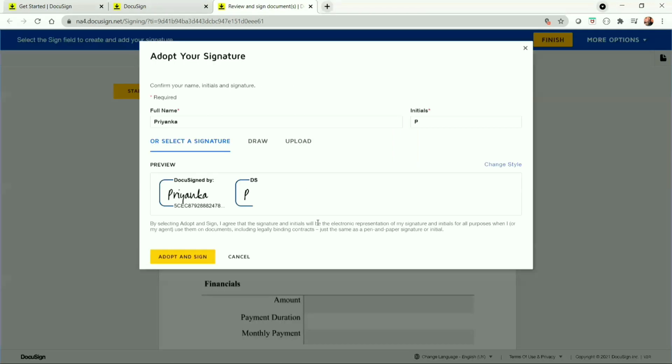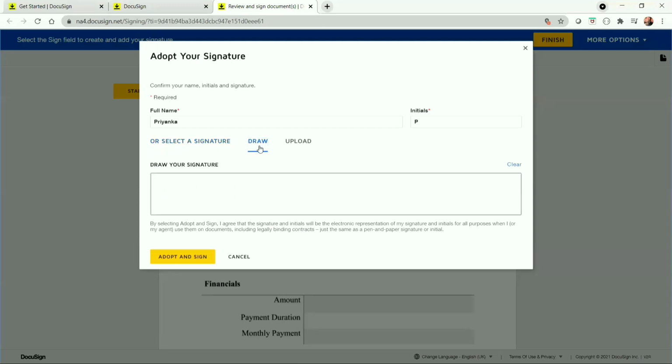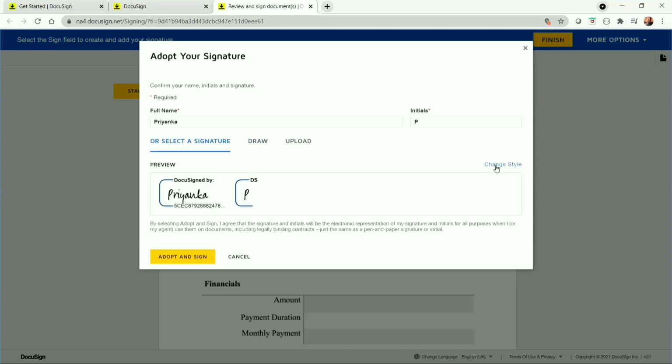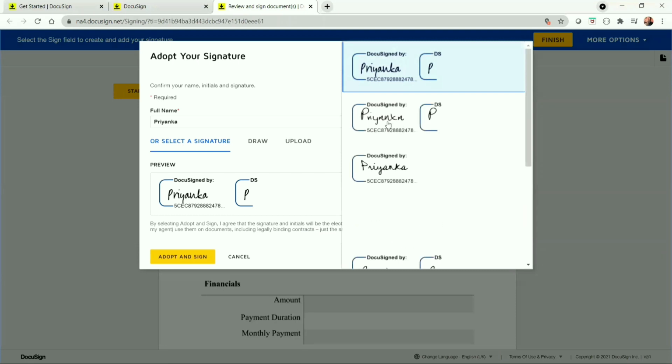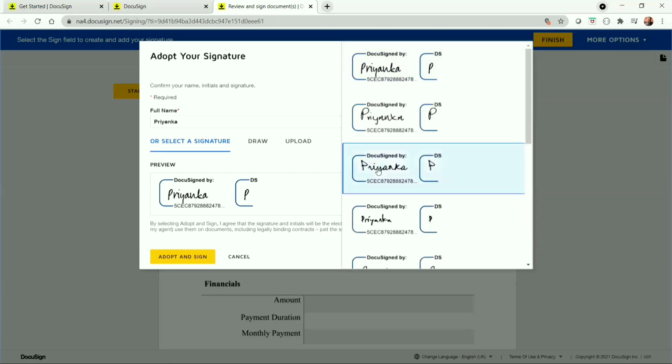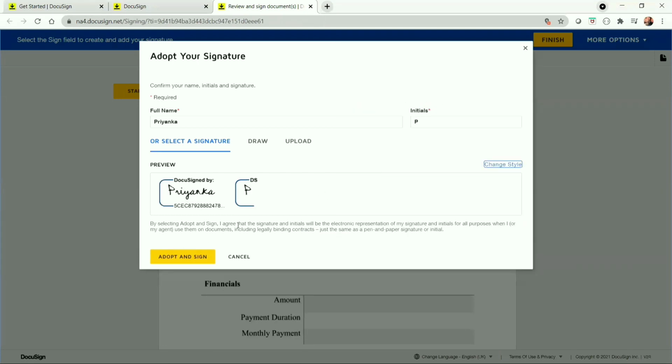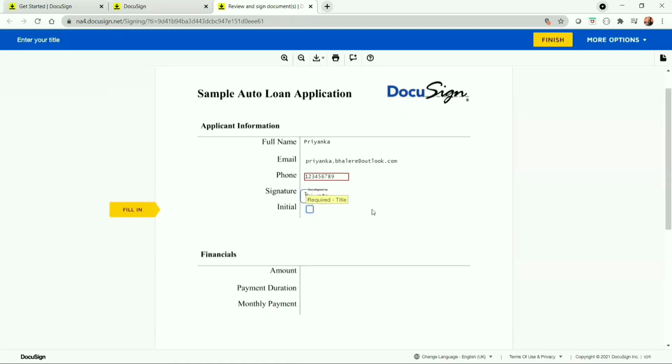If the user is a first time DocuSign user, then the user can select the signature or they can choose to draw their own signature from the device. Also, we can change the style of the signature. So let's select this one. And as soon as I click on adopt and sign, the document is signed.